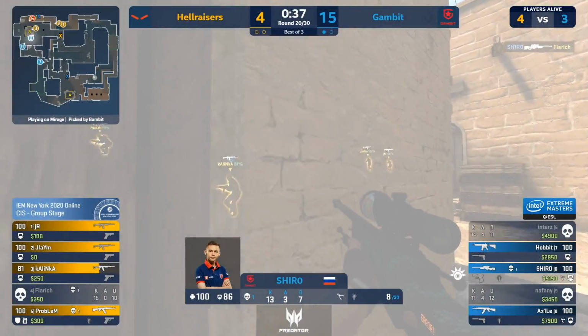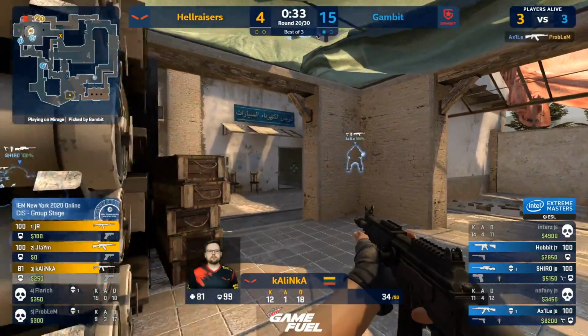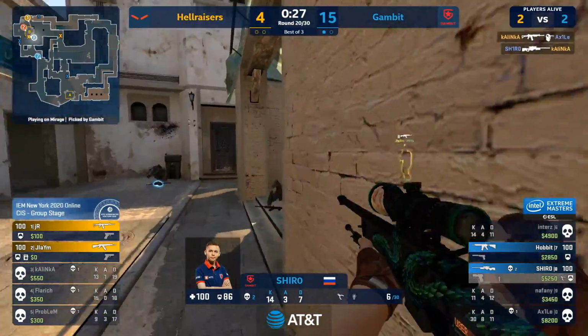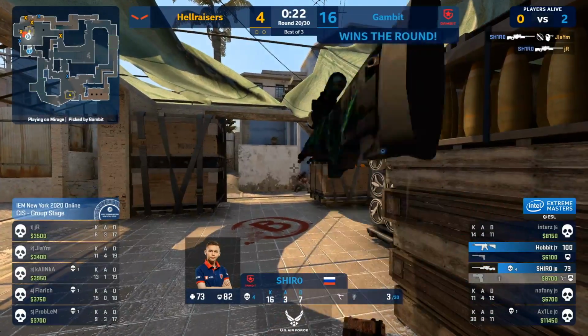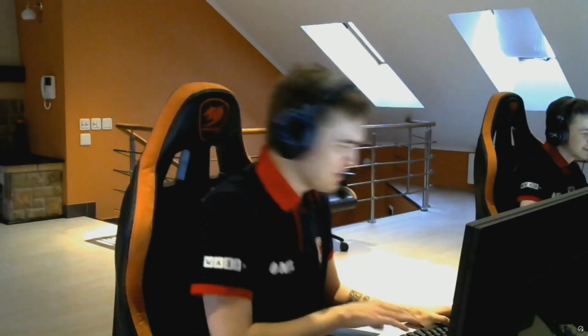Not like this. Shiro has found the first. He hears Kalinka's steps onto the site. If Axel takes contact, that's perfect, because now there should be at least a trade. Shiro does find it a 2v2. Problems now. I'm hunting. Oh! No scope. Shiro styles on him. It's over. 4 kills. Outrageous. And only 20 rounds of play, but a dirty 30 for Axile. Gambit make us